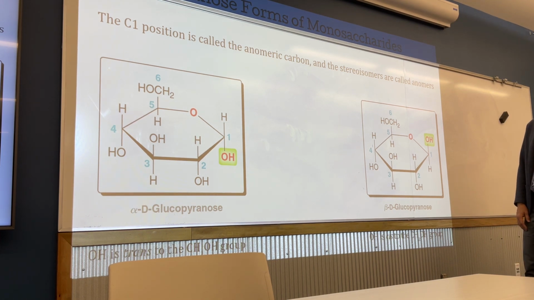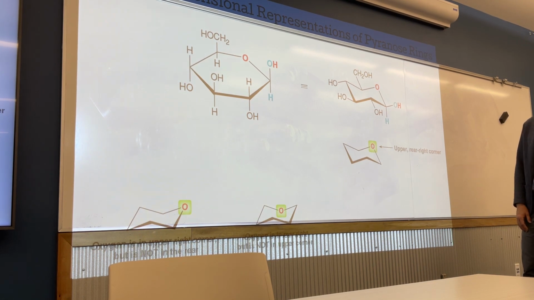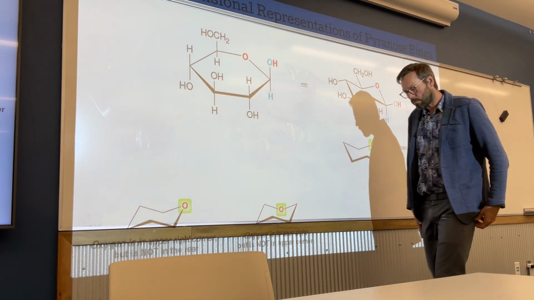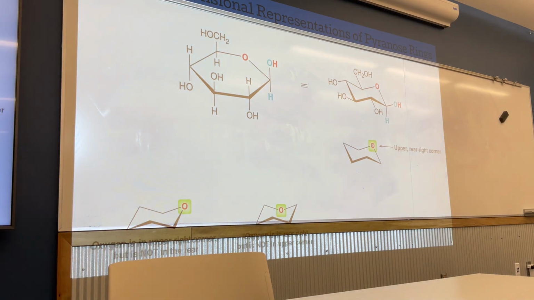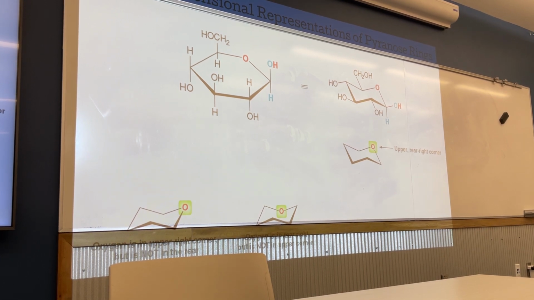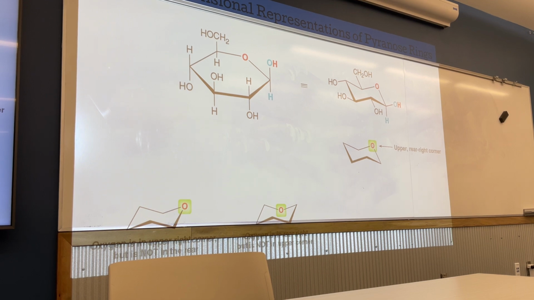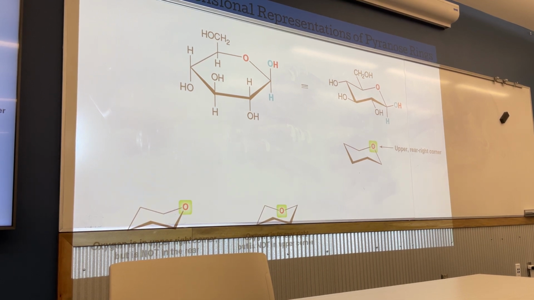Okay. And that's what makes it like alpha or beta then? Yes. Okay. If it's down, it's alpha. Or down or trans, it's alpha. If it's pointing up or cis, it's beta. Okay. And so lactose is broken down into galactose, and so beta galactose is going to have that hydroxyl group